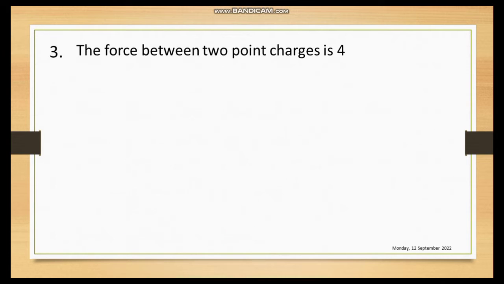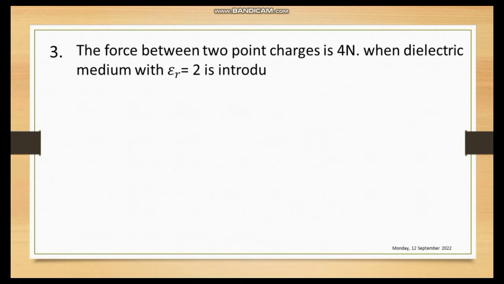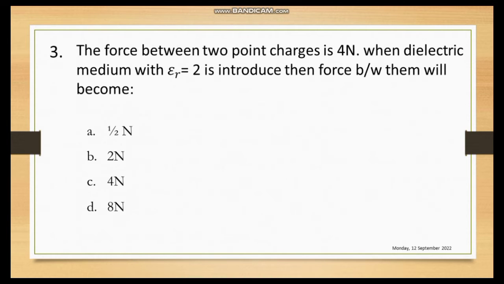The force between two point charges is 4 Newton. When a dielectric medium with relative permittivity equal to 2 is introduced, the force between them will become